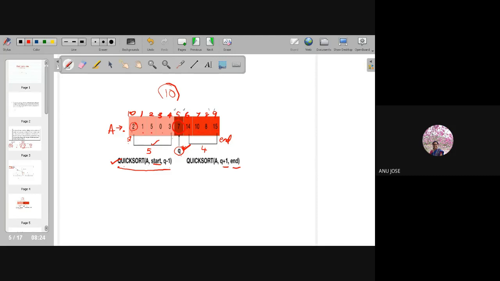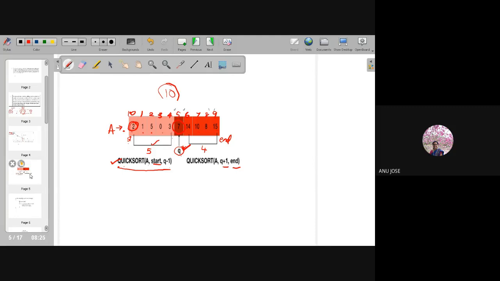Applying quicksort means what? Taking the first element and acting as pivot, and we are splitting that array in such a way that the left hand side will be smaller than that pivot element, and the right hand side will be greater than the pivot element. Are you clear what is happening in quicksort? That is the only basic thing. We will do some problems so that you will get a clear idea. You just take the first element, again selecting the pivot element.